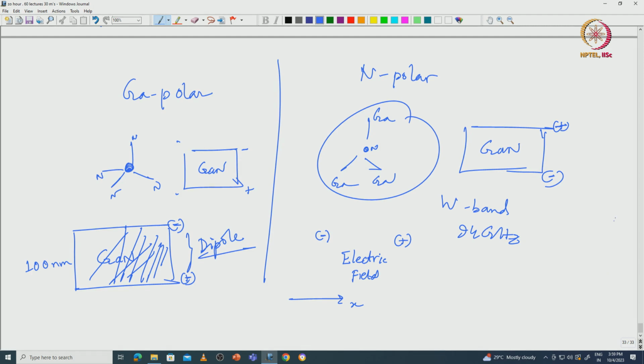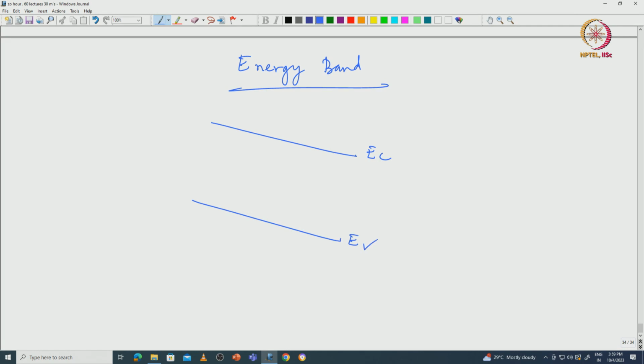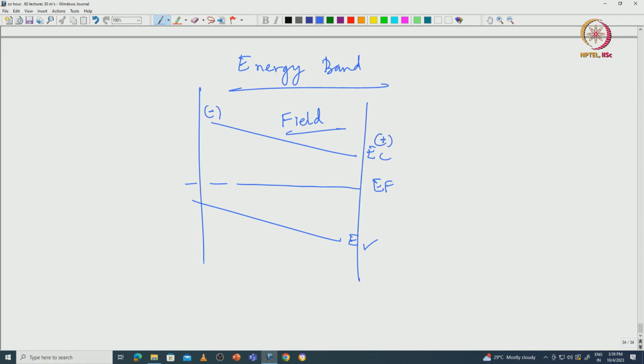So, what it means is that if I draw the energy band diagram of a HEMT, it will look something like that: conduction band, valence band, Fermi level, because there is always going to be a field due to the presence of a dipole, negative, positive, okay, that is the dipole. However, there is a limit to the thickness over which you will see this. You will not see this over arbitrary thickness. Okay. The reason is,